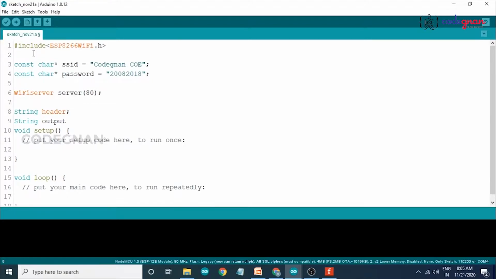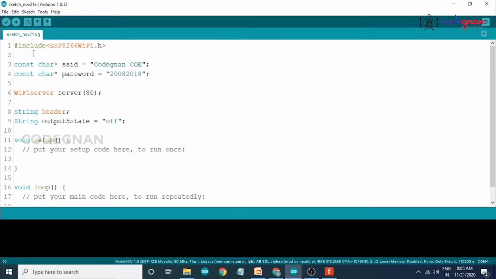Here we have taken two output pins, one for the LED and one for the buzzer, so I'm naming them: string output5state equals off. So initially its state is off. And also take a string output4state for another output, and its state equals off as well.